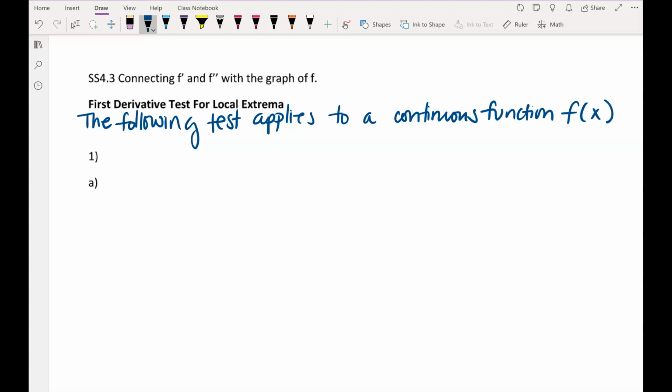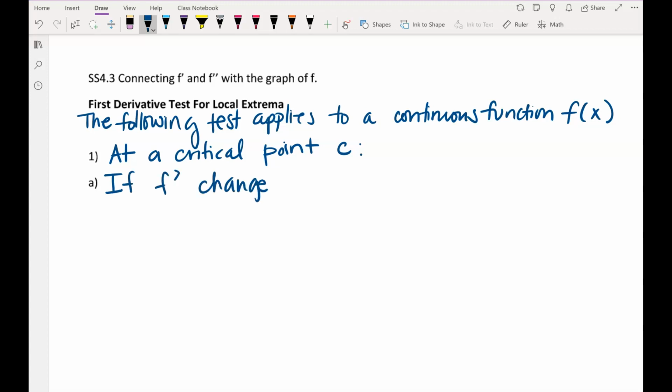So 1, at a critical point, let's call it C. At a critical point C, okay? So A says, if f prime, which is the derivative, changes from positive